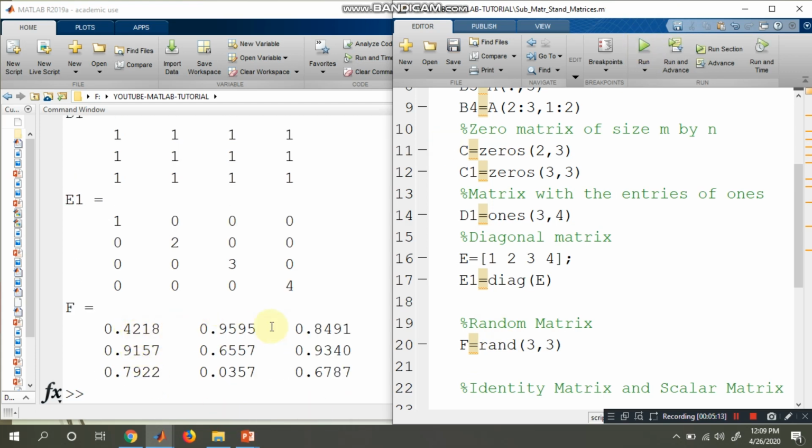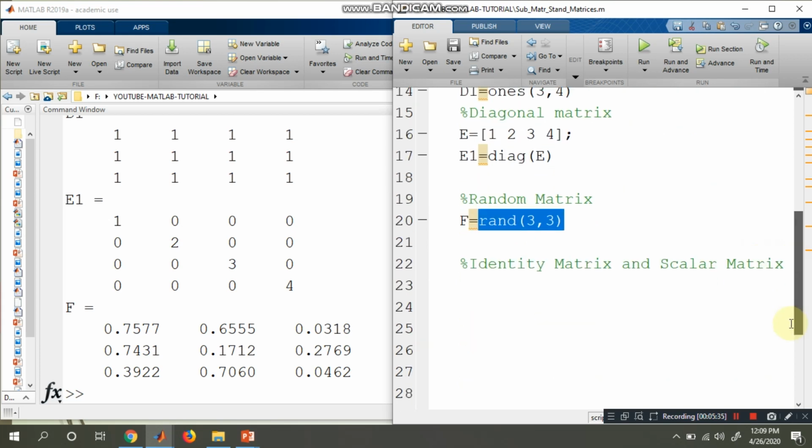And again, if you execute the same, in place of F what will we get? You will get a different matrix. For every execution you will get a different matrix if you use rand. It is just like a dummy matrix; for any purpose we can use this random matrix.